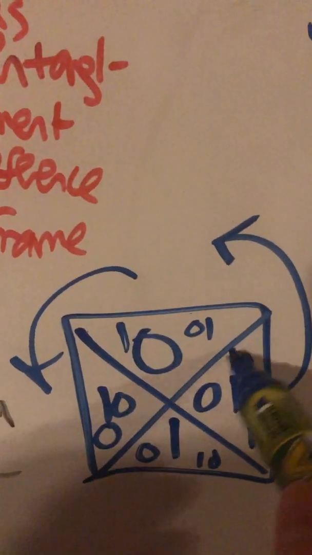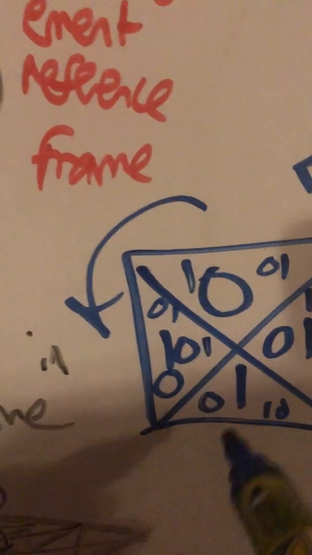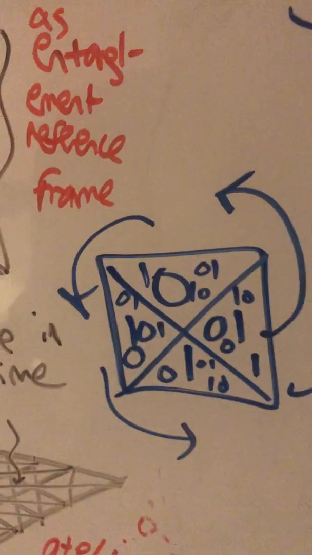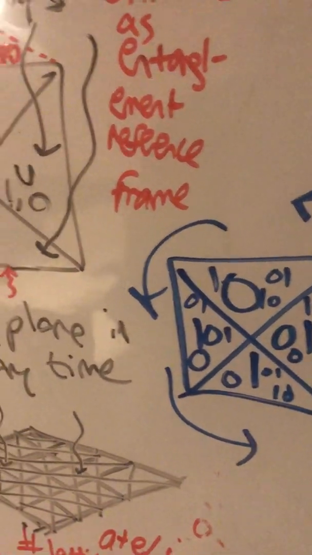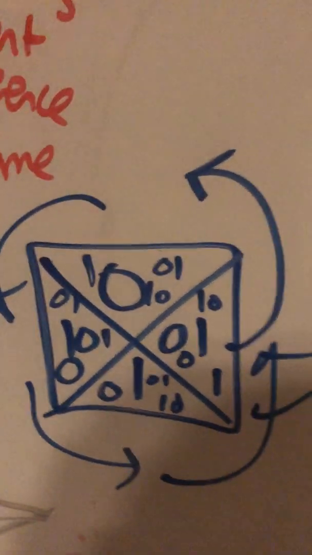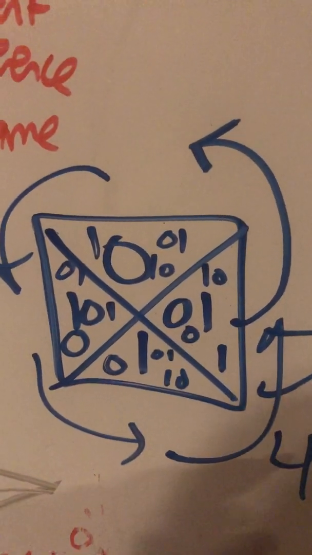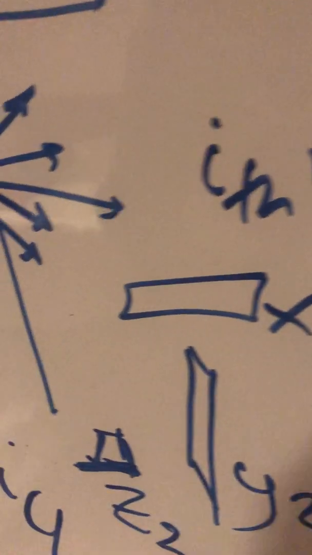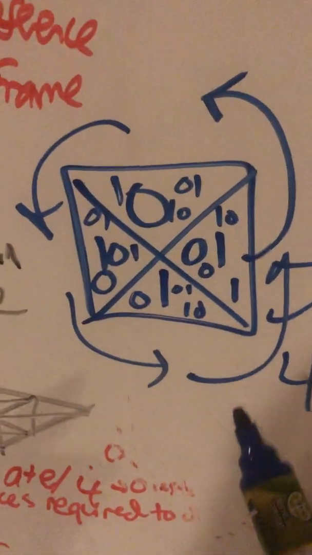And in another Wick rotation, you can consider this one the 1, and this one the 0, and this one a 1, 0, and this one a 0, 1, and this one a 1, and this one a 0, this one a 0, 1, and a 1, 0. And so you can understand why there's 4 Wick rotations per plane. And a plane is really just one of these. So in the X plane there's 4, like I described here.